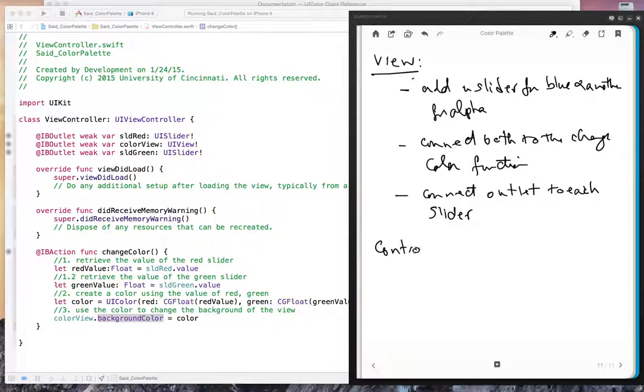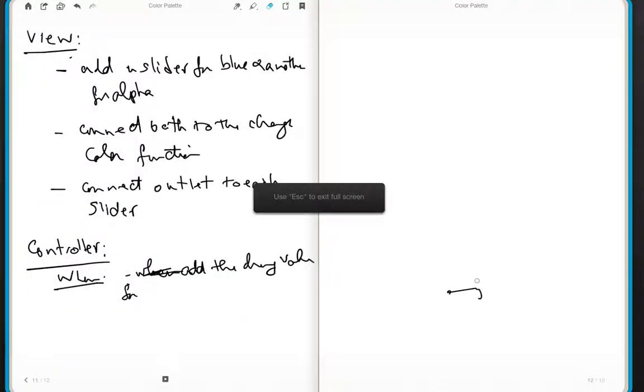The controller is similar to what we already answered before, so no change. But we need now, when we will add the change value for the green,